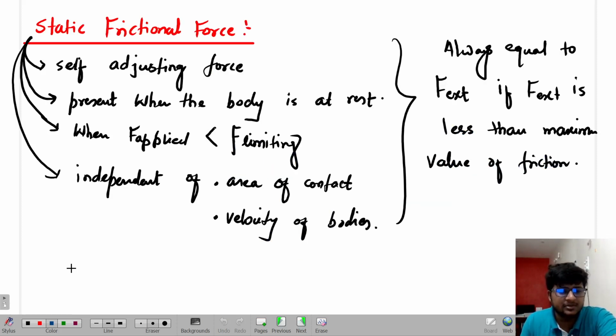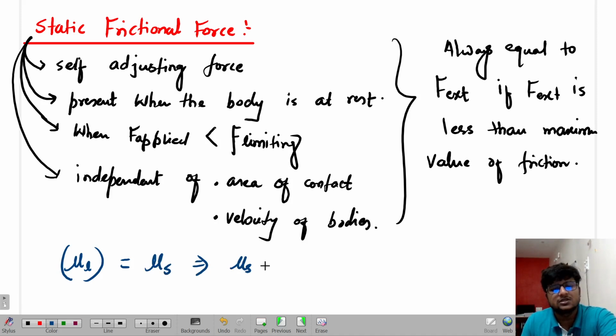So this is why sometimes this mu L, which is appearing to talk about the roughness of the region, whatever mu L I'm considering, is also written as mu S. Okay, why is it called mu S? Because the body is still at rest. Are you able to get me or not? So till this, everything is clear.